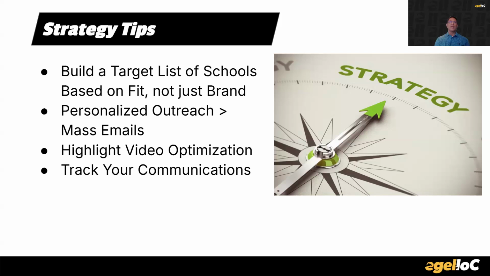So really, strategy-wise, build a target list of schools based on fit, not just brand. You want to create that list of schools in tiers and think about location, academics, their playing style, their roster needs, potential scholarships. Most overlooked athletes only chase about 5 to 10 name-brand programs when it's really more important to think about fit. Because you may be a college athlete, but if something happens where you're no longer a college athlete, are you going to be happy being at that school if it doesn't necessarily fit you?